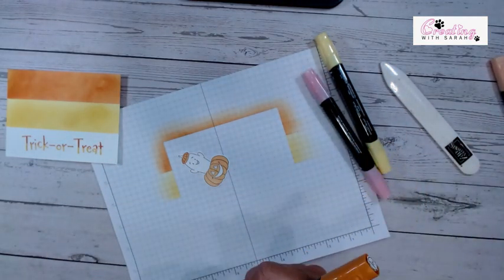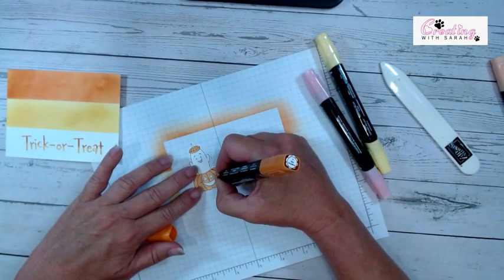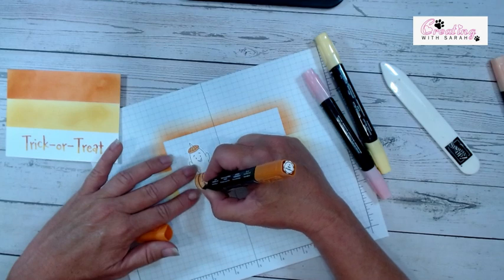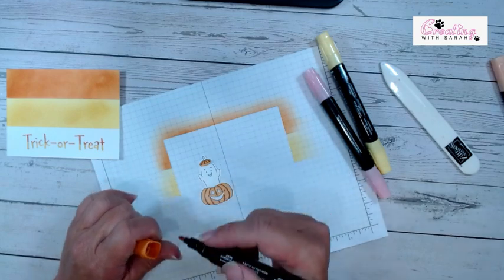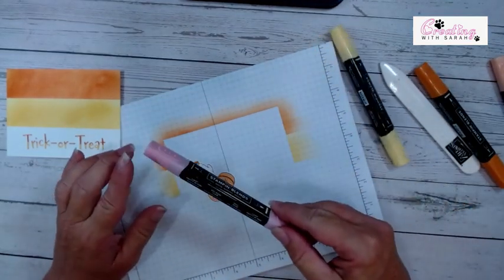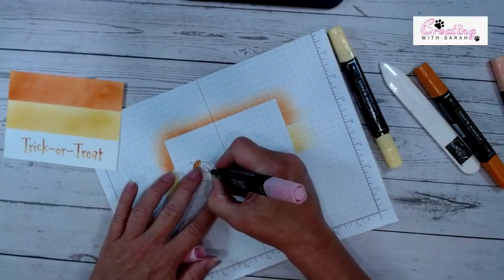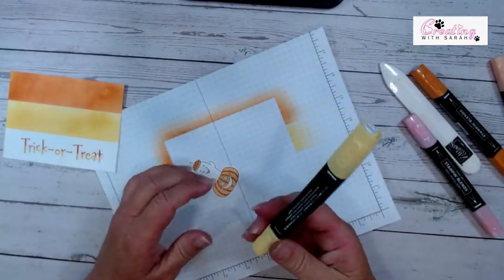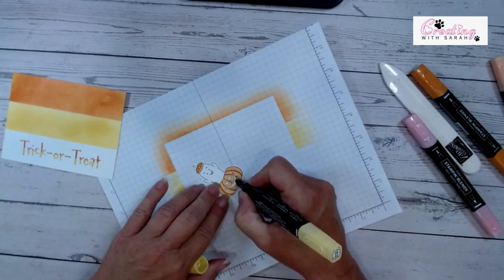I'm going to grab the dark pumpkin pie, and I just want to highlight a little bit. So I'm just going to go around and highlight the center of the pumpkin. And I'm going to come up and do his hat as well. I have light Pretty in Pink. Then I'm going to do his little tongue. And then I have light Daffodil Delight that I'm going to do his smile